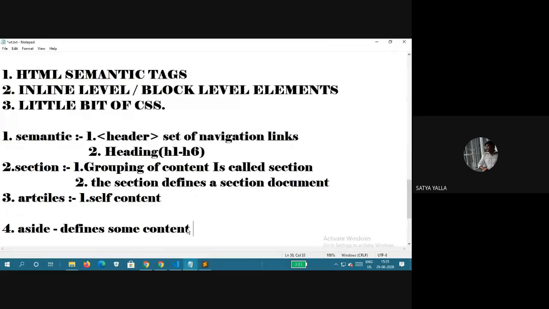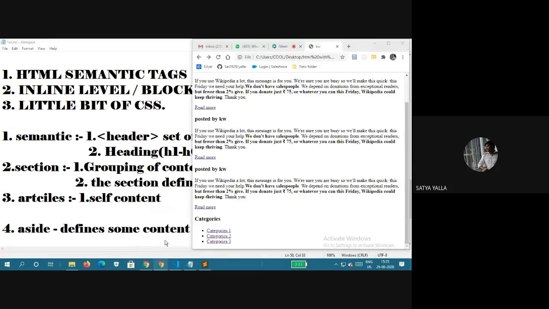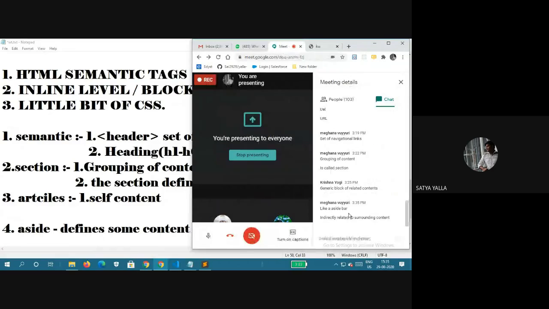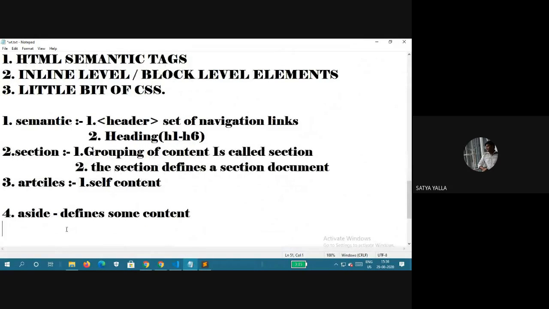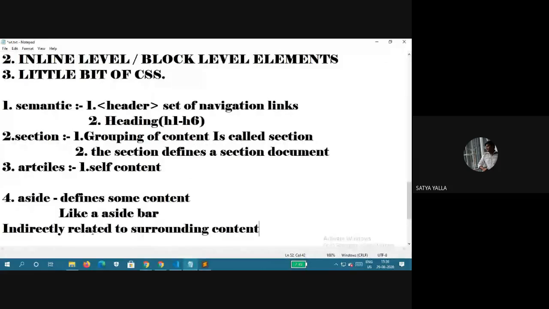Indirectly, this is also an aside, like a sidebar, indirectly relevant to the surrounding content.